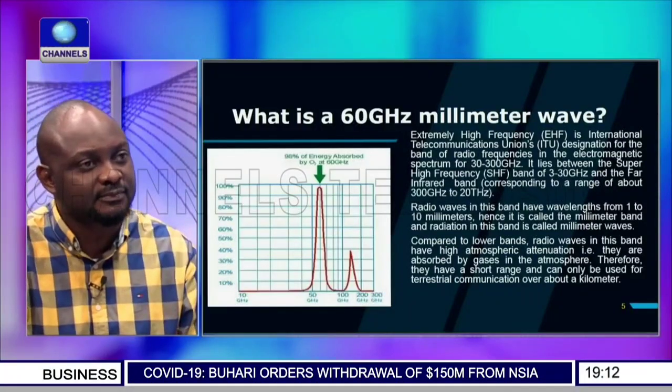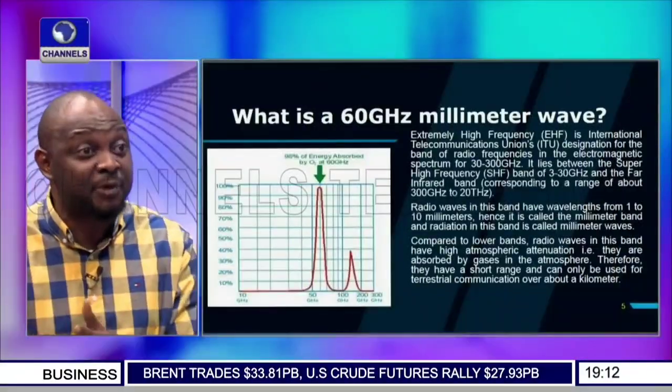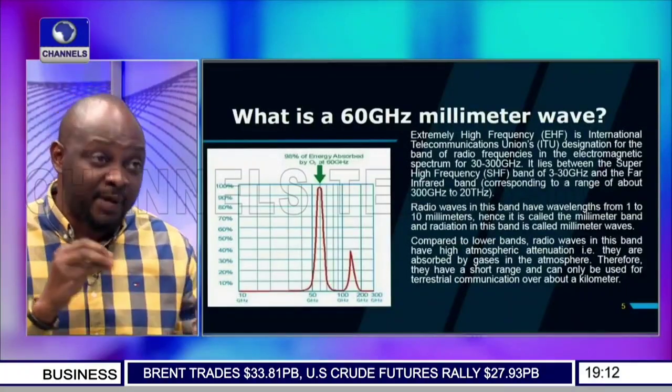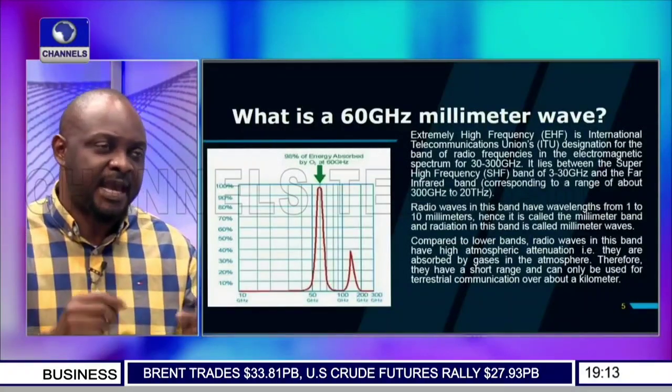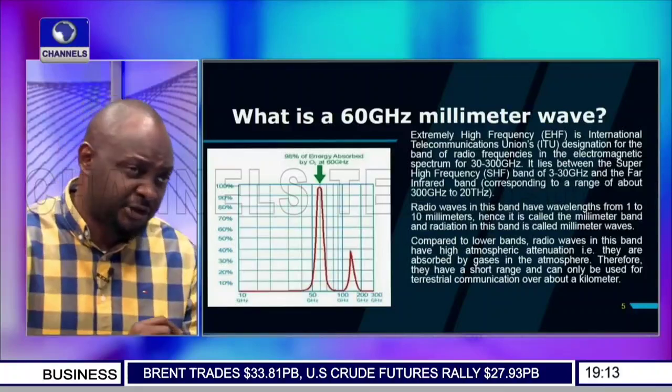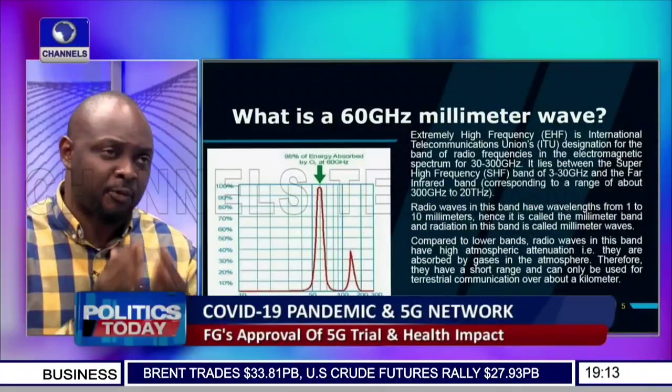Yes. What does it affect humans? Oh, absolutely. So this is how it is. If you are exposed to 60 gigahertz millimeter wave radiation, which is being attenuated by oxygen in the atmosphere, everything that has to do with oxygen in your blood, oxygen in your atmosphere, what happens is